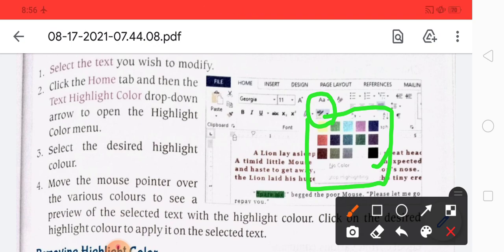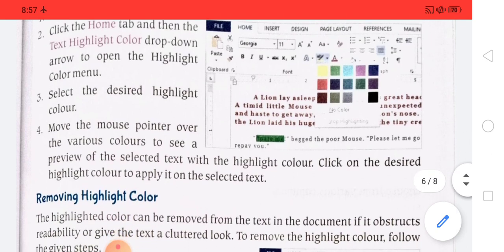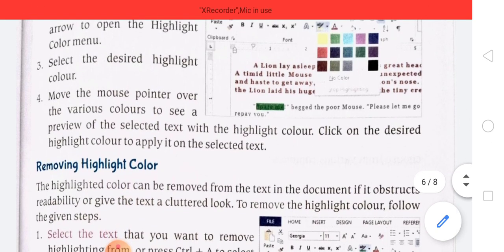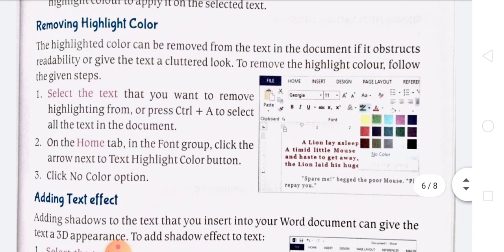Then after that you may see the selected text is highlighted. Move the mouse pointer over the various colors to see the preview of the selected text with the highlight color. Click on the desired highlight color to apply it on the selected text.